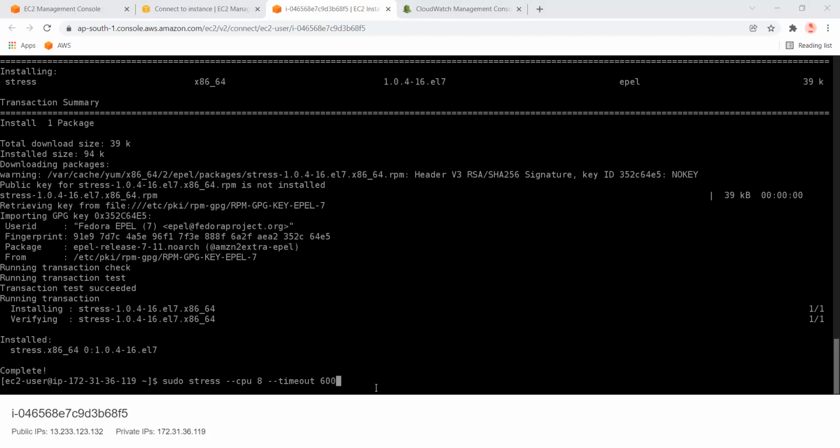Here the timeout is 600 seconds, so it will keep stressing CPU till 600 seconds and then it will normalize the server. So in this time actually our alert, let me show you.